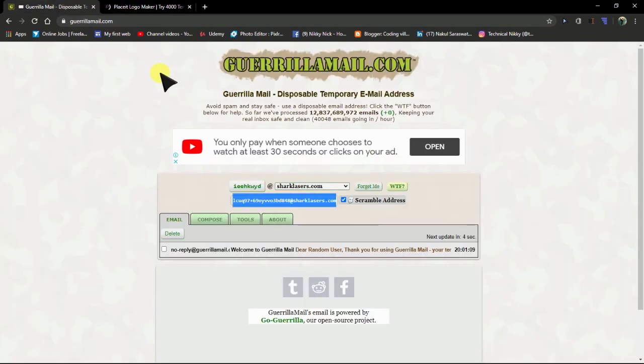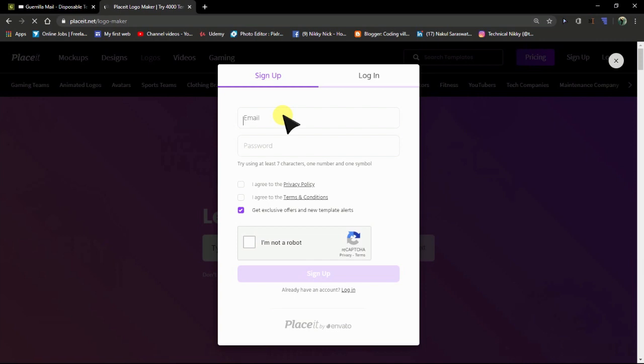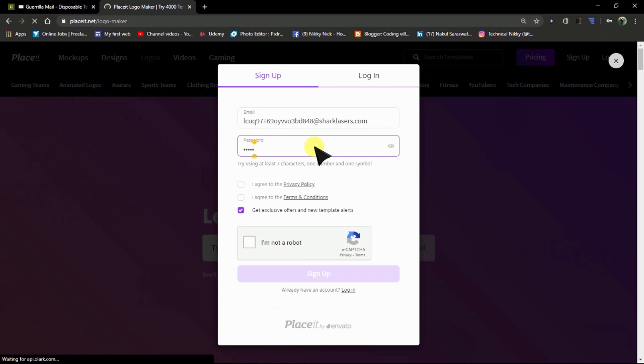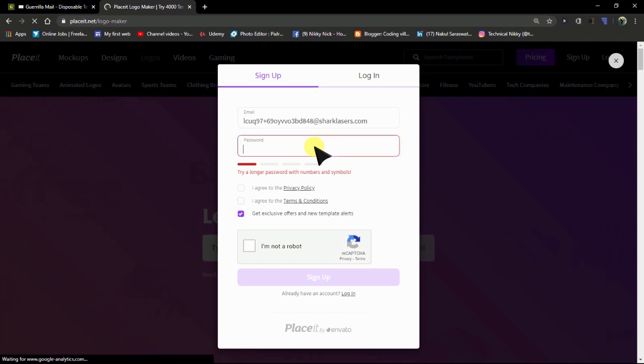A new email will be created each time you refresh the gorillamail.com page, so remember not to refresh this page during signing up on any website. Just paste the email you copied and enter a password. You can use any random password, with numbers, alphabets, or digits.